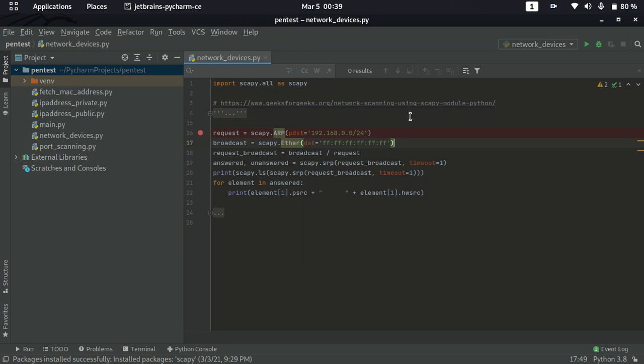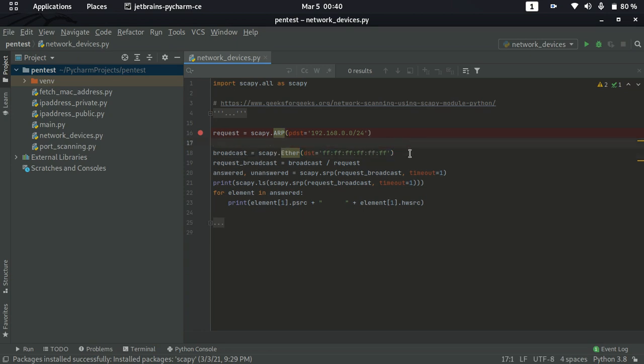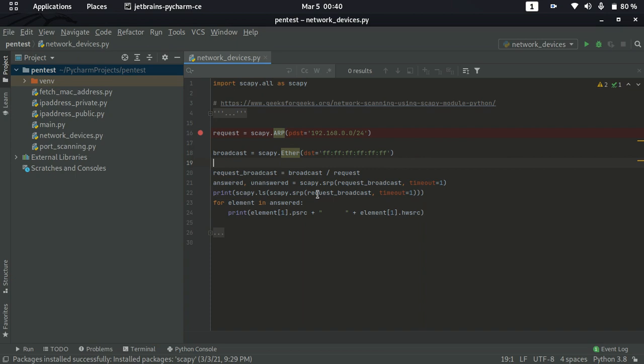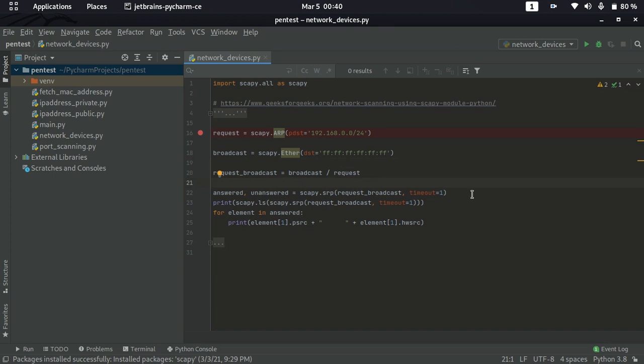Then, as we discussed earlier, it will have the ARP request and Ether request, and we will combine both requests by using the / operator inside Scapy, and send them to the different devices, and we will get the sent and received packets by using the srp method.